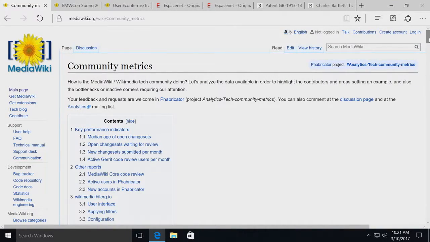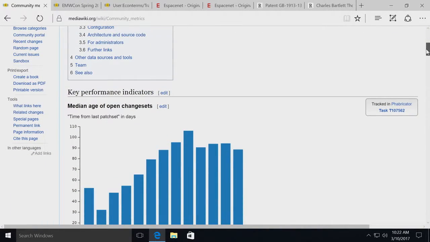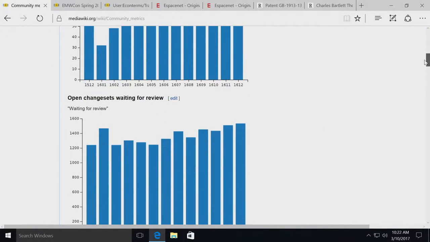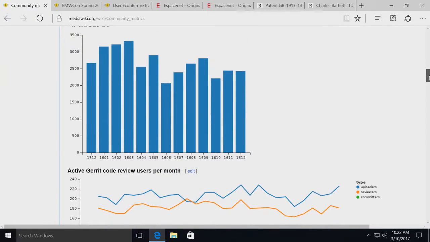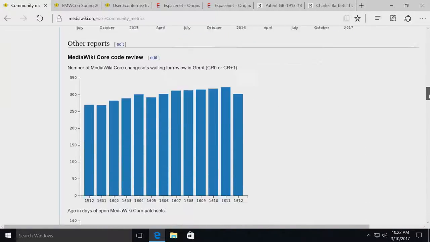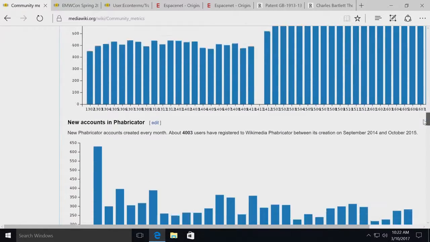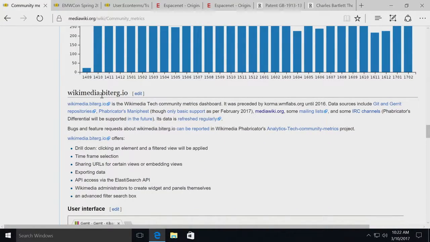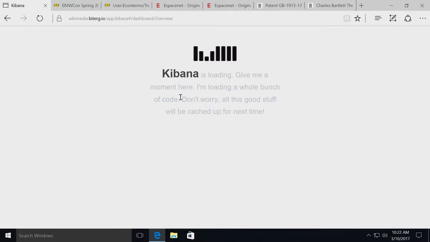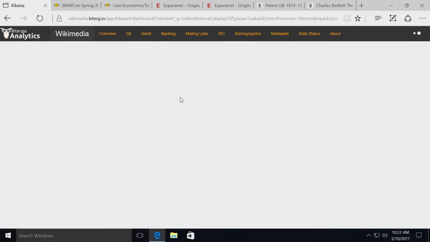Somebody asked a little bit about community metrics, and some might disagree with the validity of these numbers, but we do have a page on MediaWiki.org called Community Metrics, and we do try to keep track of some rough numbers on statistics around who's contributing, where they're coming from, code review times, active users, that sort of thing. And one of the folks within the foundation and a few others are building a dashboard type interface.